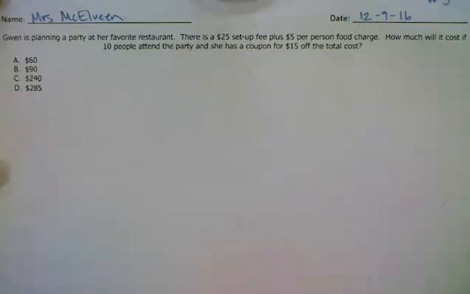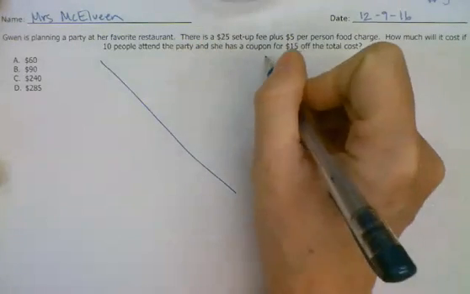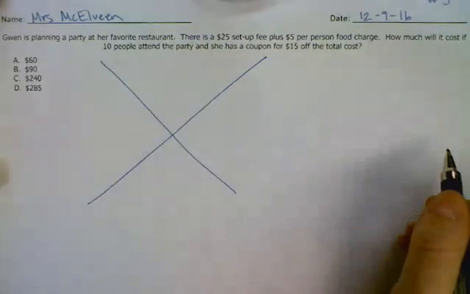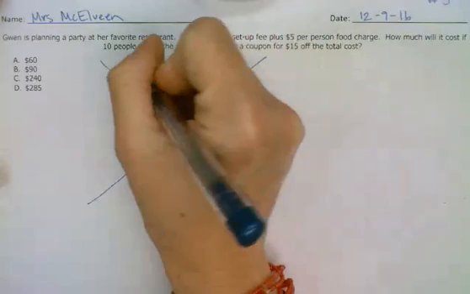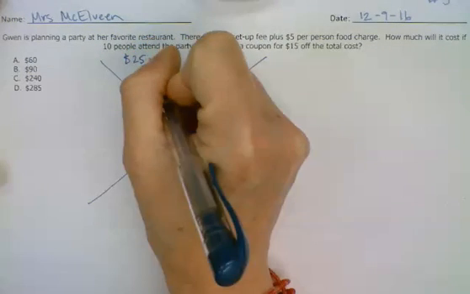Gwen is planning a party at her favorite restaurant. There's a $25 setup fee plus $5 per person food charge. How much will it cost if 10 people attend the party and she has a coupon for $15 off the total cost? I'm going to organize my thinking with an X. I see there is a $25 setup fee